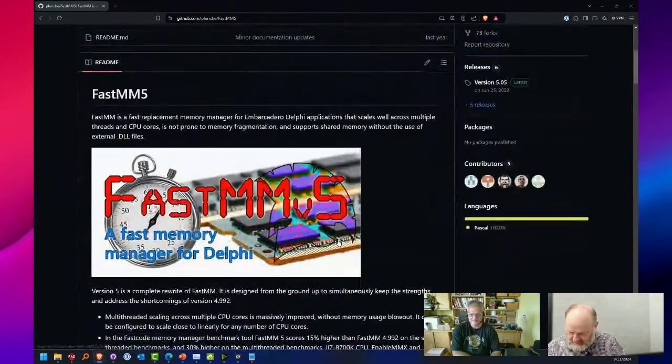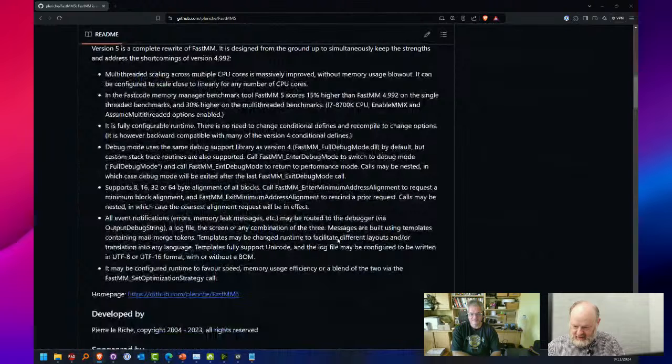Okay. So this goes through and lists some of the new features in FastMM 5. 64-byte alignment of all blocks. I get this. There are probably some reasons you'd want to do that, but that seems like it might introduce a lot of overhead. And like I said, the biggest thing, at least according to Pierre, is that it's fully configurable at runtime. So you don't have to recompile your application to change the debug mode configuration and settings.